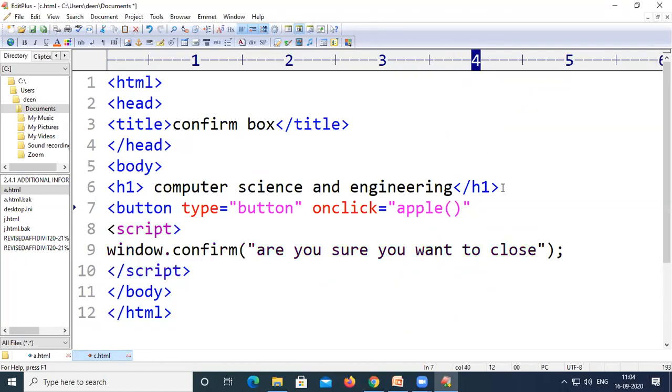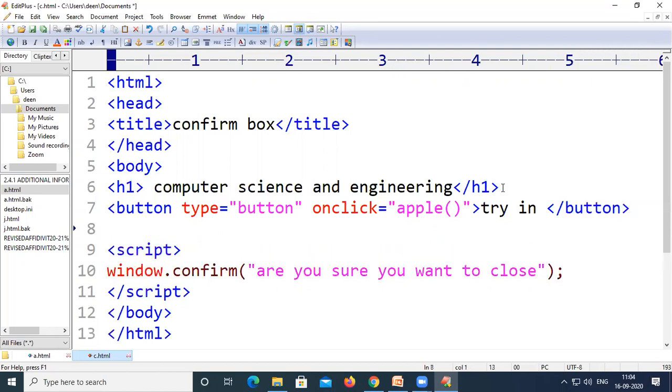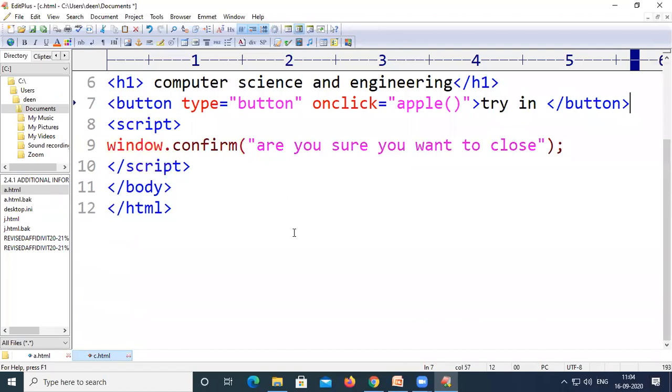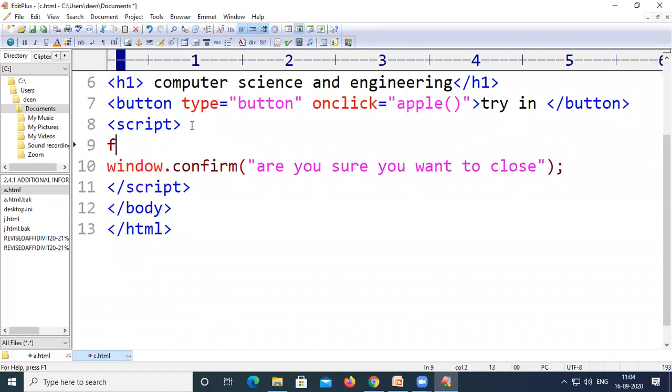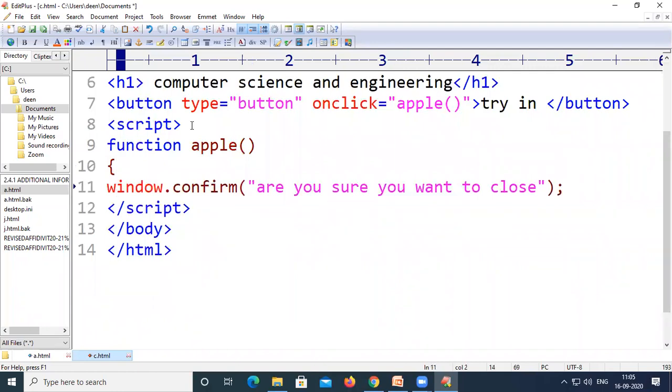And the name on this button will be try it, and then close the button tag. Now what we have to do is define a function with the function keyword, and the name of the function is apple. So inside the apple, keep this particular window.confirm, are you sure you want to close?